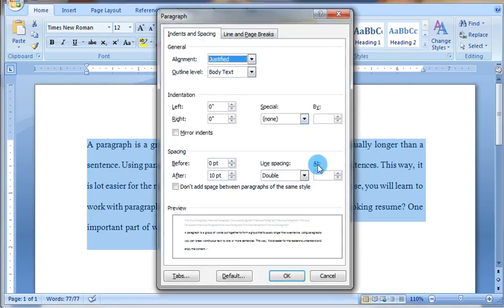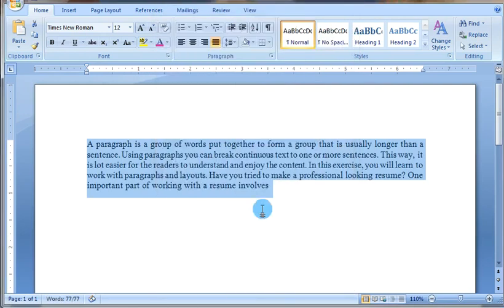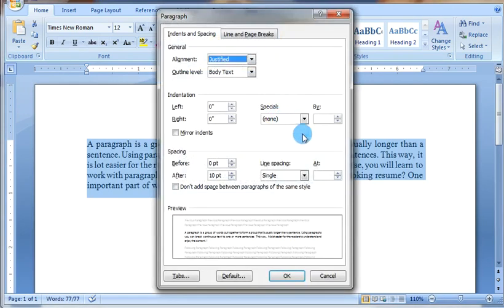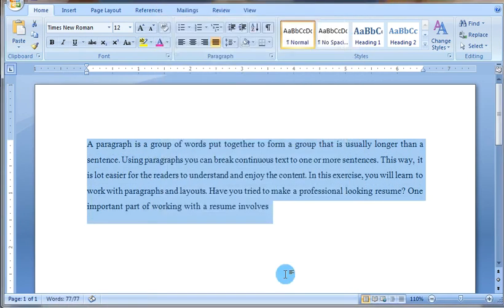Now if I change it to single, then it will remove the spacing. 1.5 will add a 1.5 gap between two lines. This is how we can modify the line spacing.